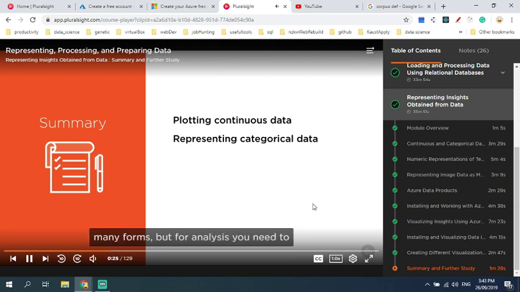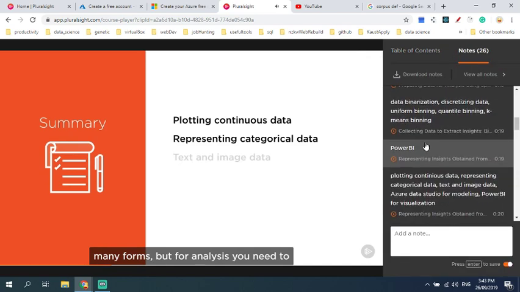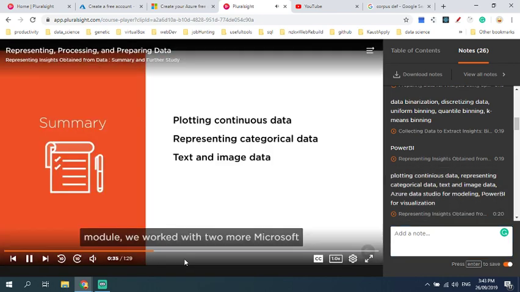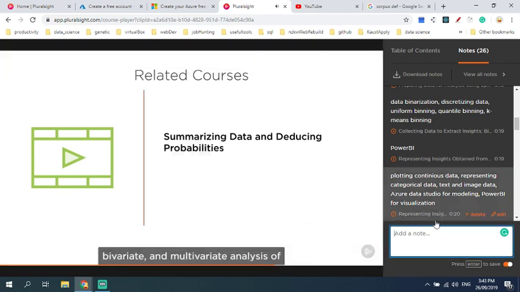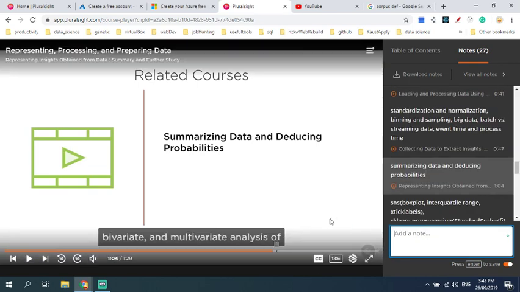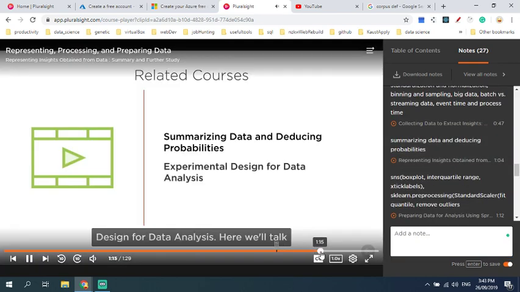Data comes in many forms. But for analysis, in this module, we'll discuss univariate, bivariate, and multivariate analysis of data capabilities. Here we'll talk about the basic